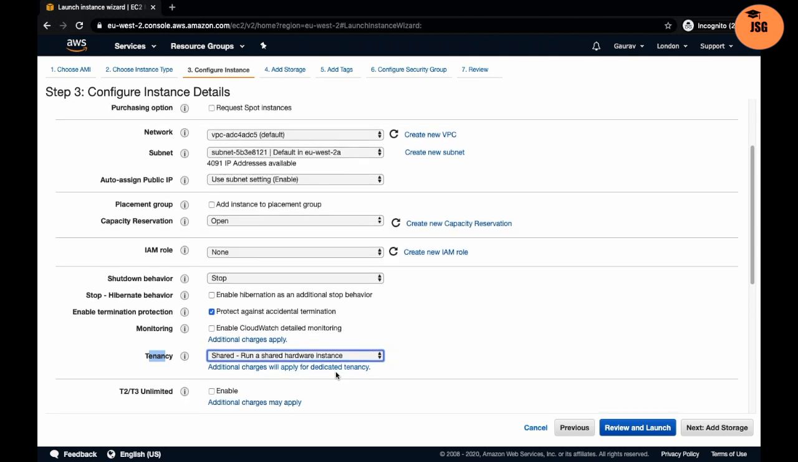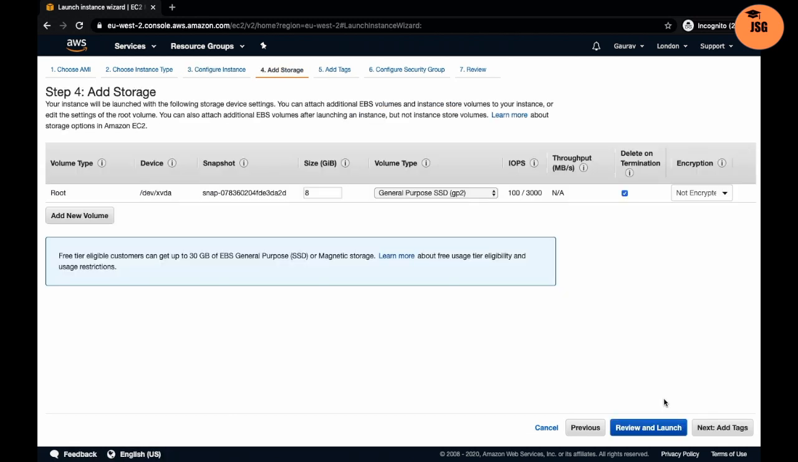So as per your requirement, you can choose the tenancy. I'll go ahead with the shared one only. Next we will need to go ahead with the add storage. So this basically is like telling AWS how much hard disk I want. We have already told the hardware configuration part, like how much RAM I want, how many virtual CPUs I want, and also we told the operating system and what software we want. And now we are telling the hard disk part, like which